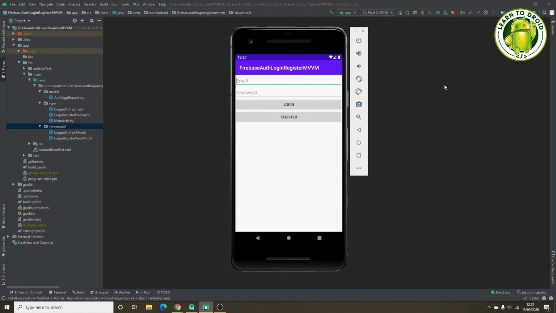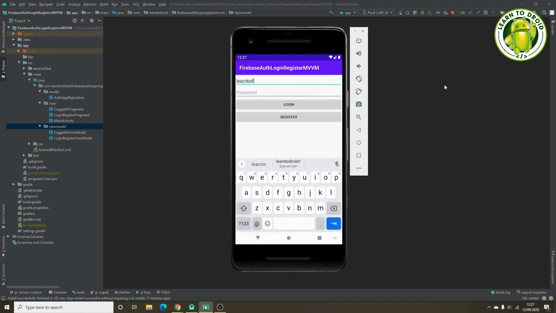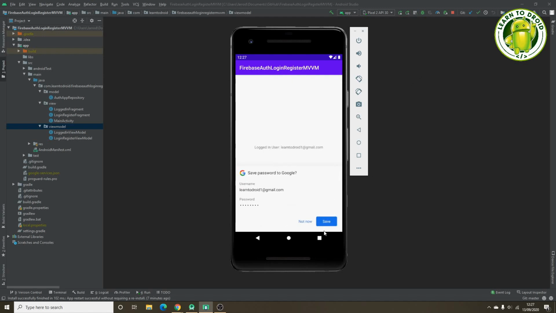So the user can fill out the email address and password to create a new user using the Firebase Authentication platform. Select the register button, and what it's done is it will automatically navigate you to another fragment which shows which user has been logged in. If I select the logout button, it will take me back to the login screen, and now I can